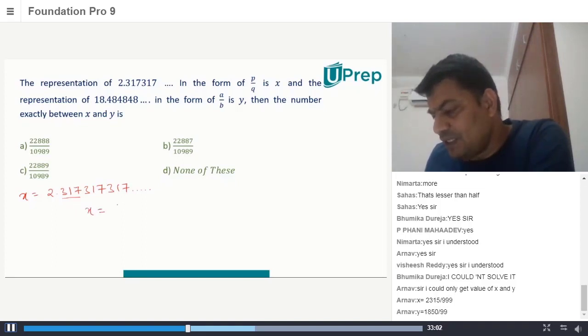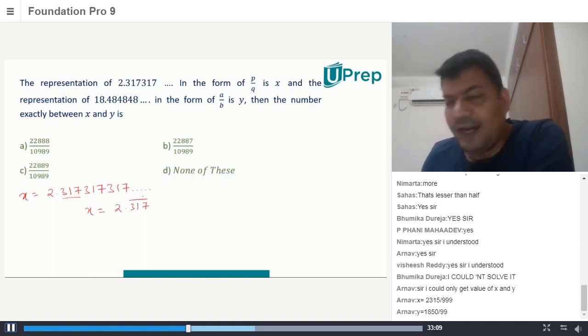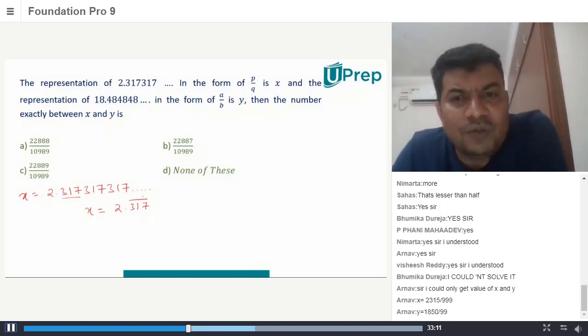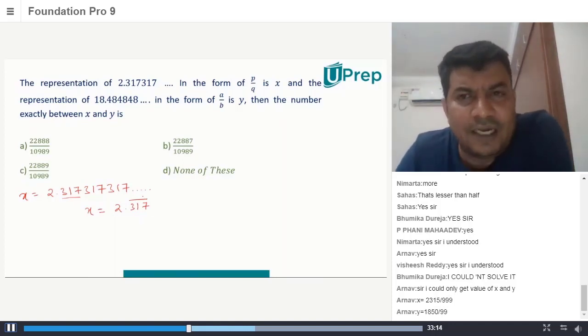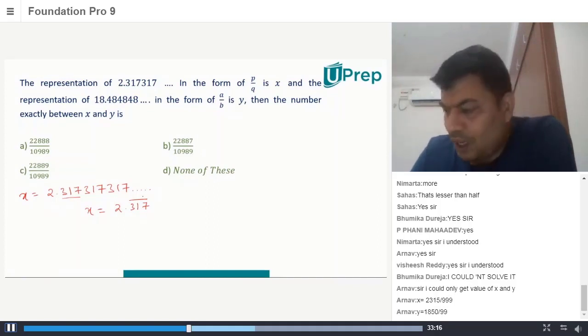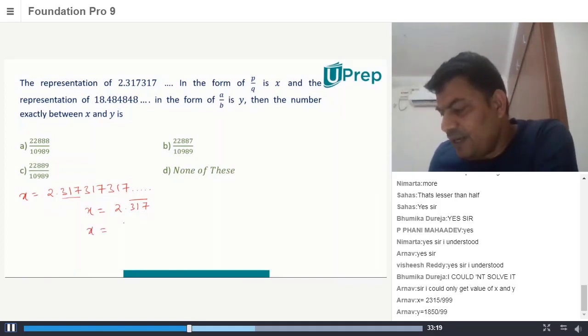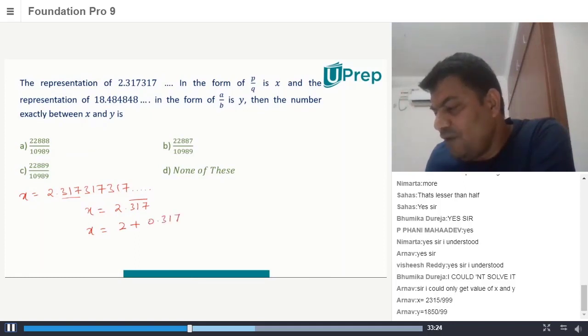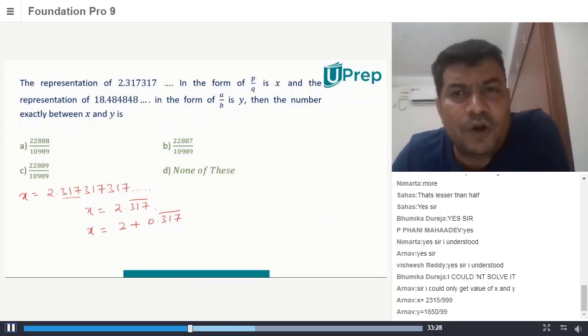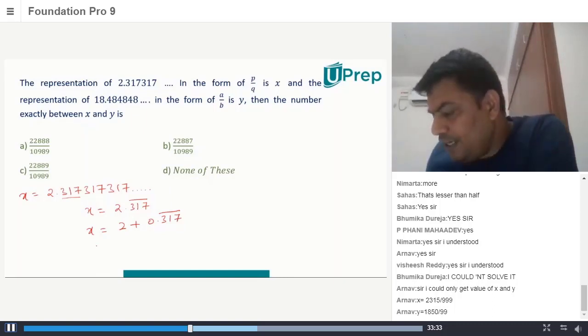So how do we write this? Whenever we have numbers like this, x is equal to 2.317 bar. One way to solve this is the method that you have already learned in school. Another way to write the same thing is x can be written as 2 plus 0.317 bar. Why am I writing it as 0.317 bar? Because you know how to convert 0.317 bar. So your value of x is nothing but 2 plus